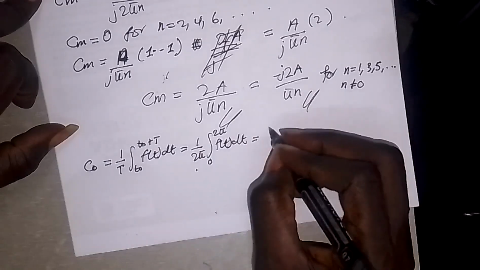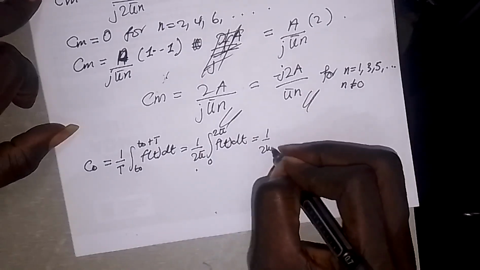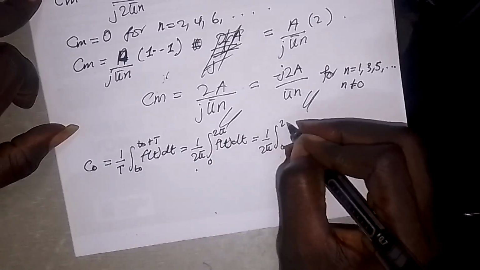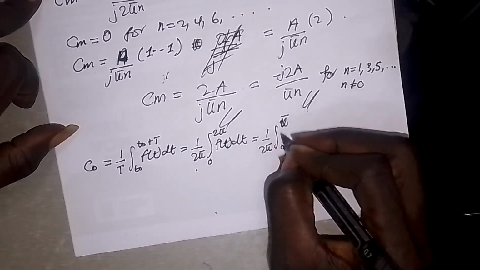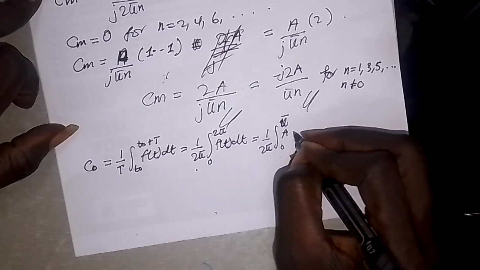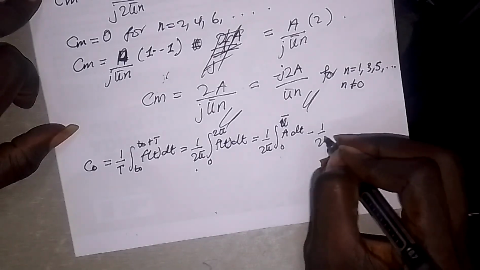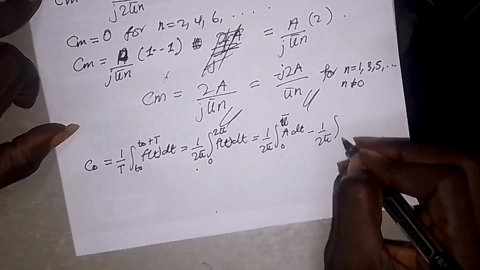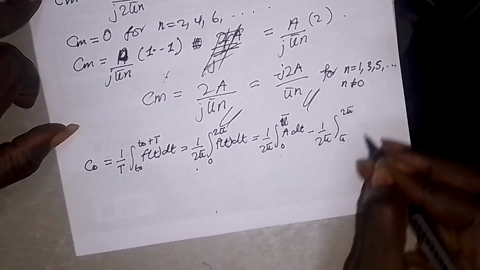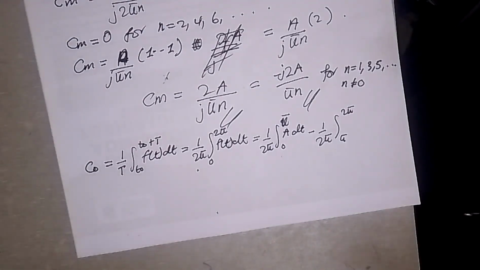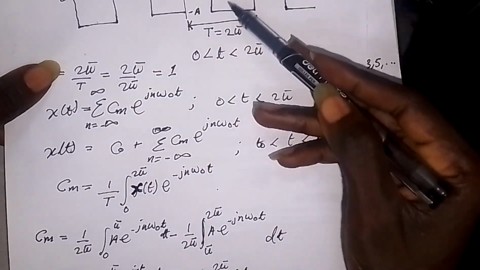So this is equal to 1 over 2 pi into the integral from 0 to 2 pi of f of t dt. I have to break it into 2: 1 over 2 pi into the integral from 0 to pi of a dt, minus 1 over 2 pi into the integral from pi to 2 pi, because you can see from the wave, the signal we have, that here it is positive, here it is